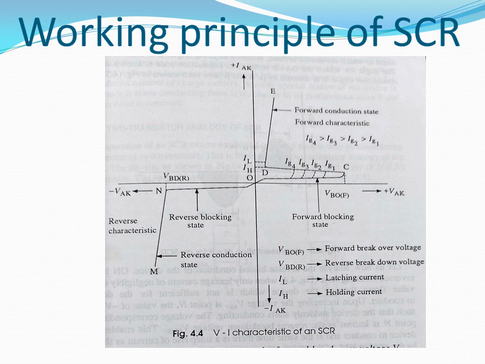This reverse current is very high and it is also abrupt. Abrupt means random, and it cannot be controlled by external impedance also, and definitely it can damage the SCR at the moment only or at that instant only. The NM part of the characteristics is called the reverse conduction state of SCR. So SCR is never operated under the reverse biased condition. I hope now you all have understood the working principle of SCR.